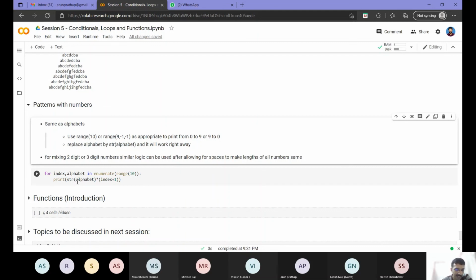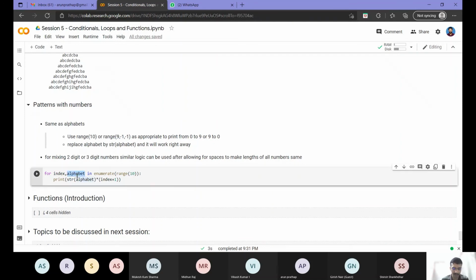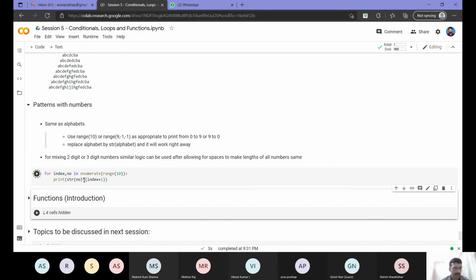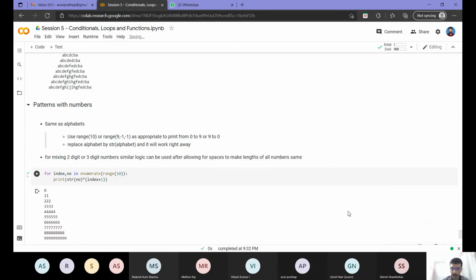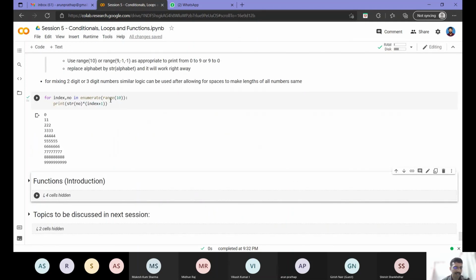Then here we had put the alphabet into the multiplication. Now that multiplication thing is applicable only for alphabets. If I put a number here and then multiply, it will go for numeric multiplication. So I have to explicitly typecast here and tell it that it is a number. To avoid confusion, I will rename it as number here. Again, in the same way, I will get a pattern similar to what we did for the alphabet, same code, only those two parts I have changed. Here I have replaced it by range, and this part I have replaced.